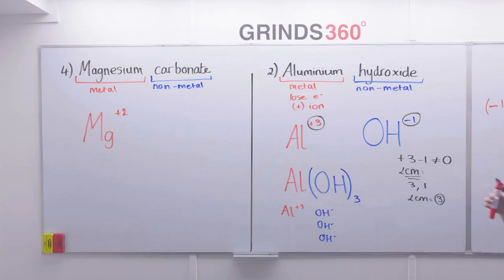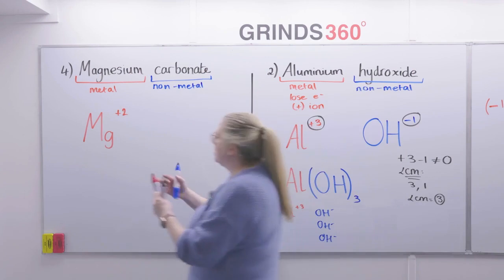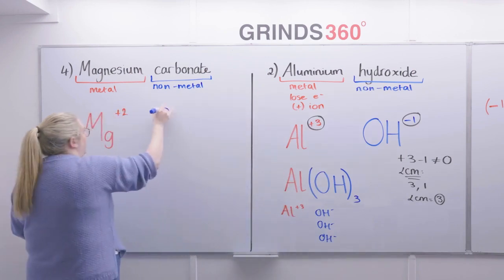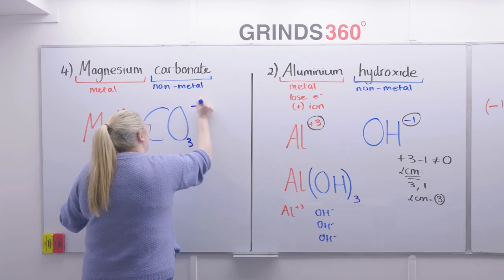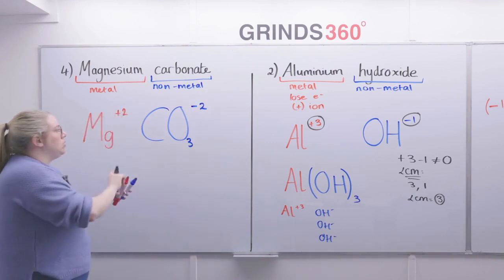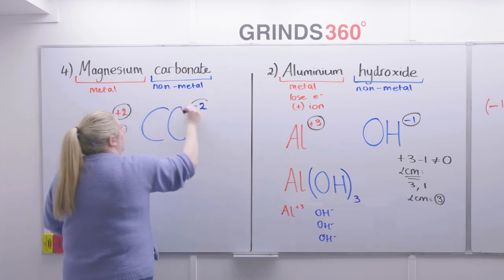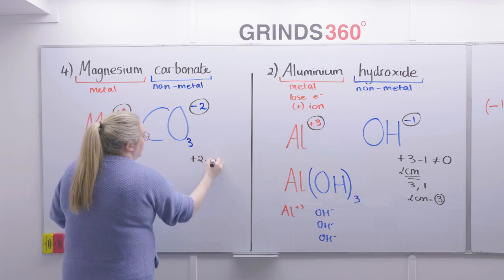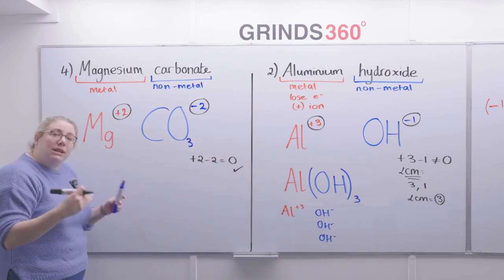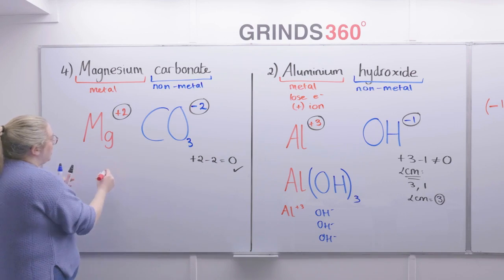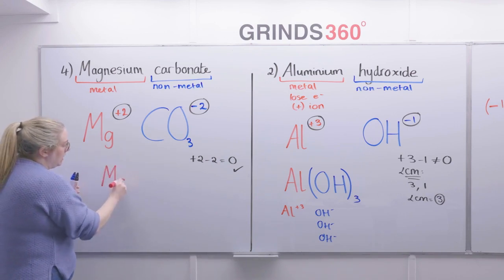And this is where it's useful if you know what your formulas are so that you can just write them in and carry on. Okay, now look at your charges. You have a plus 2 and a minus 2. Plus 2, minus 2, they do add together to give you 0. So you're done. You only need 1 of each. My formula for magnesium carbonate would be